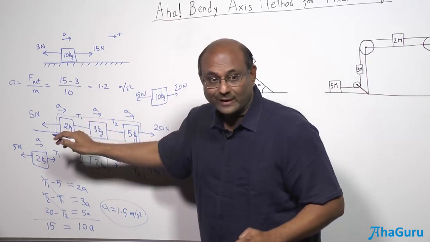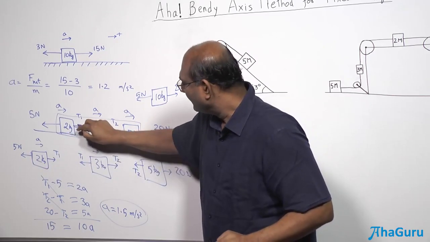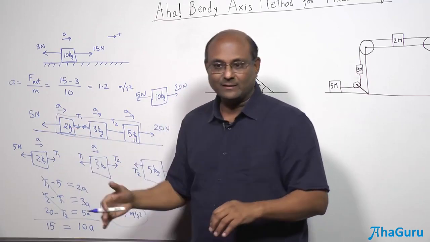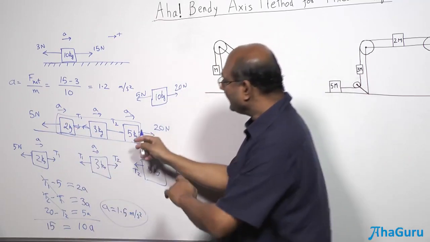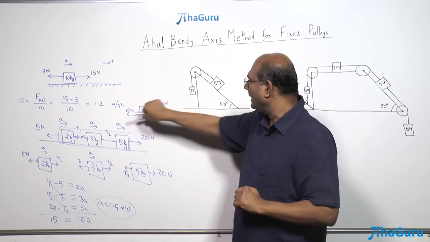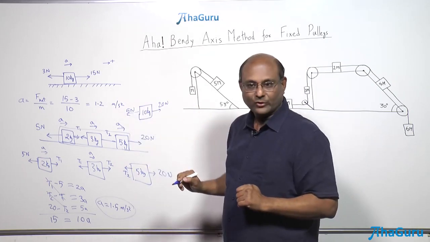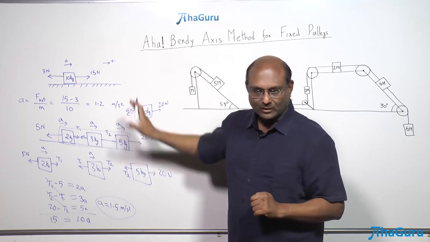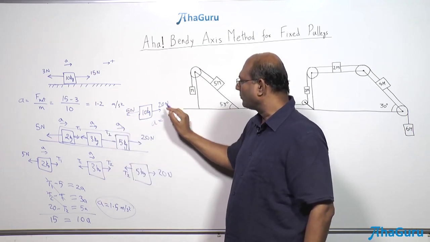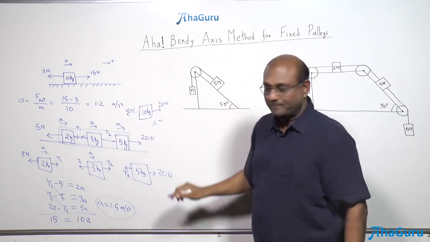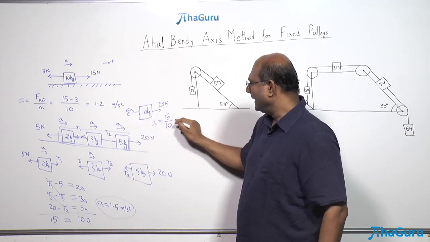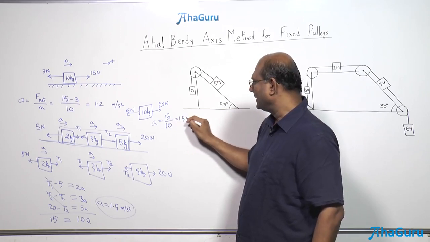Hey, what happened to T1? Isn't there a force T1? Yes, there is, but they are internal forces. This T1, that T1 basically cancel out. So if I treat this as one big block, the only external forces on the block are 20 and 5. Okay, of course I'm not counting the mg and all that because we are talking about horizontal motion. So the acceleration of this block would be 20 minus 5, 15 divided by the mass of the block, 10, and so 1.5 meters per second square.